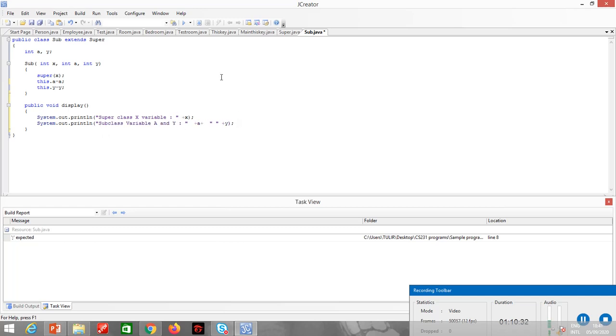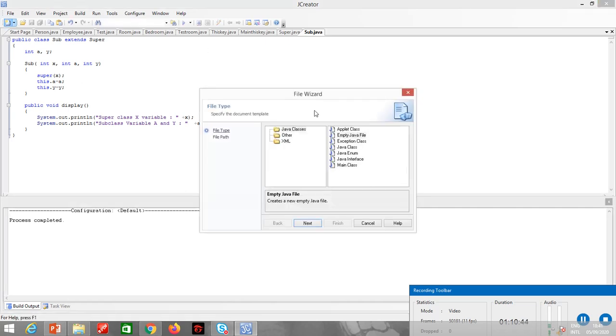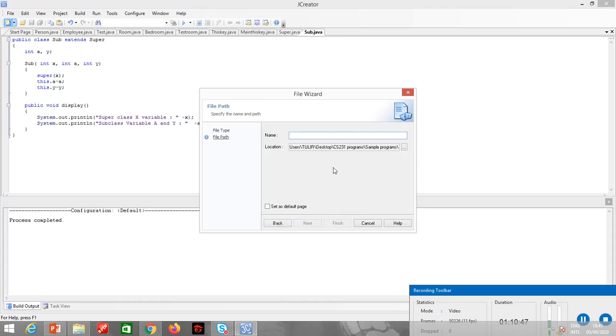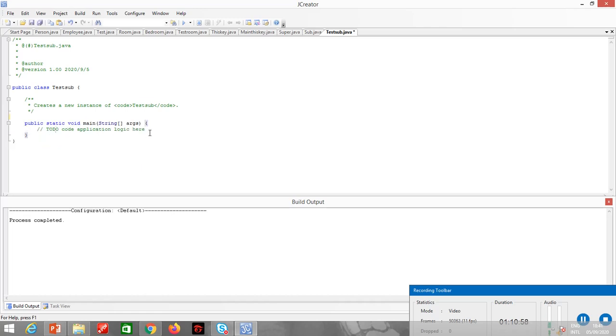Okay, let me compile it. Let me now make the main class, TestSub. I will create an object of the subclass: Sub s1 is equal to new Sub.